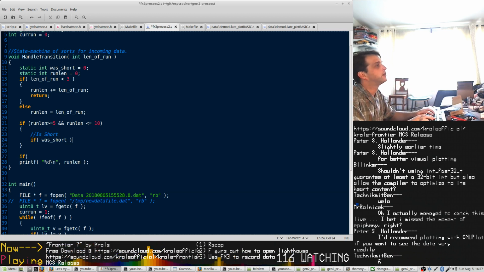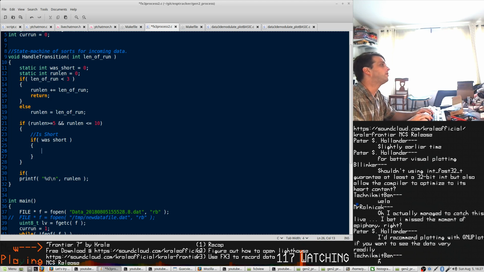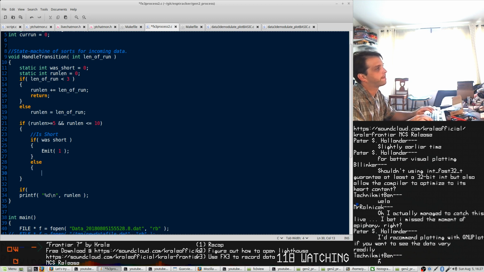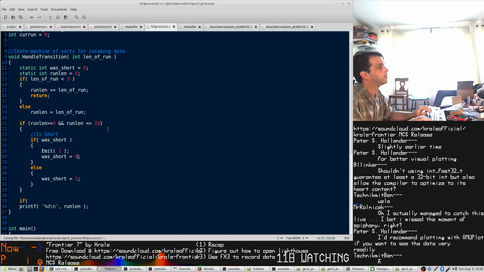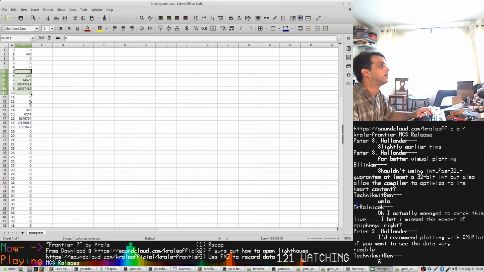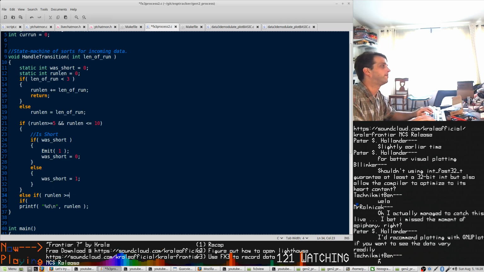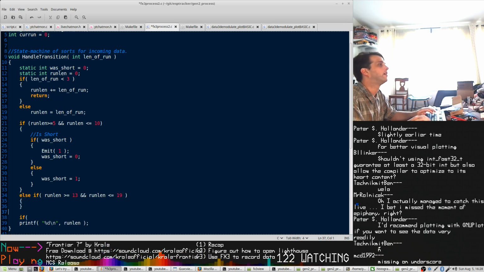If was_short, emit a 1, else was_short equals 1. If run_len is greater than or equal to 13, and run_len is less than or equal to 19, then